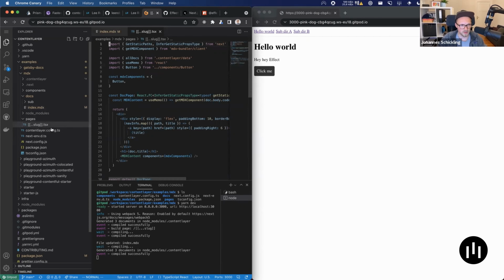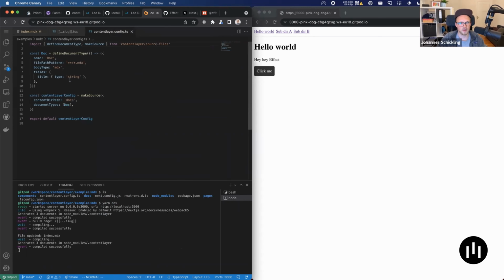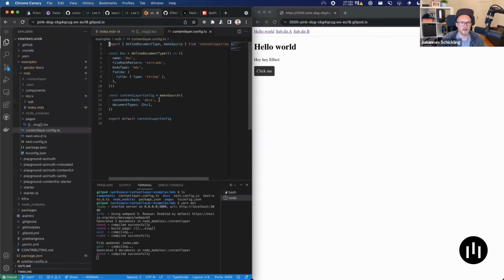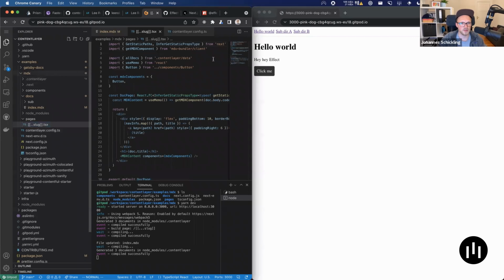All that Contentlayer does is, here you point to where the content lives. Here we're using a local source with source files, but it could also be source Contentful, source Notion, whatever will be supported at some point. Contentful is already supported. What Contentlayer then does, which runs as part of your Next dev server, is that it puts, here into this .contentlayer folder,